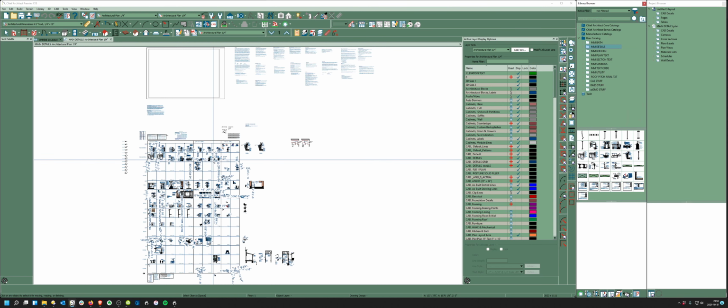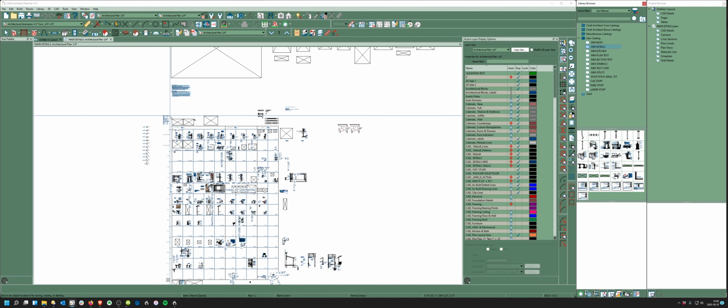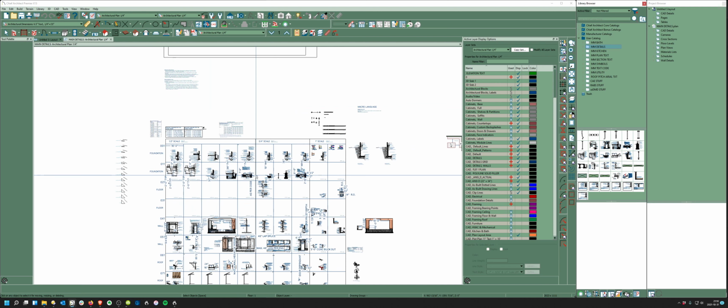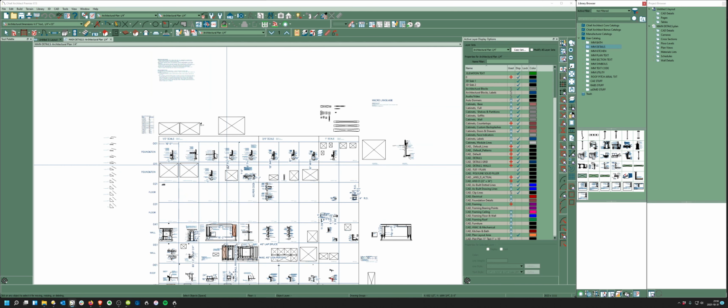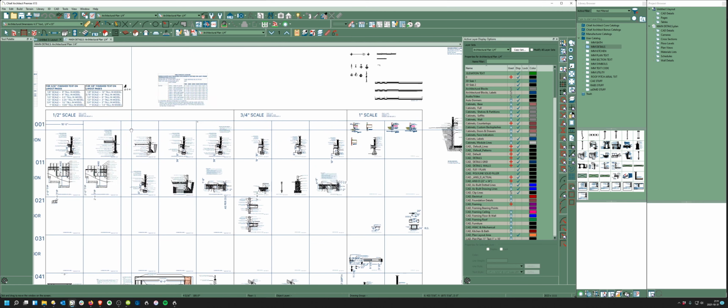So originally what I did was I opened up a blank plan, called it main details, and I made a grid pattern of half inch. Let me see. It's just slow. This is a tough one because there's a lot of line drawings in here. 1/2 inch scale, 3/4 inch scale, and 1 inch scale. And so the text is all the right size for whatever scale that is. And if I need to,